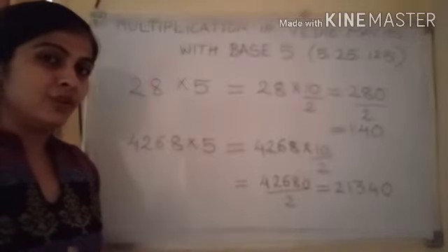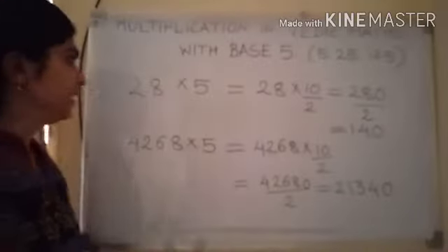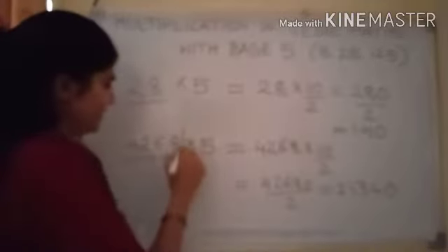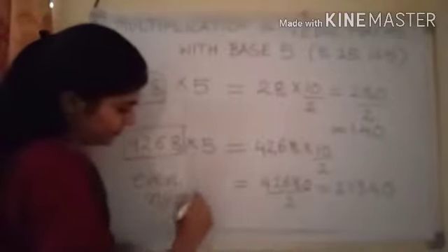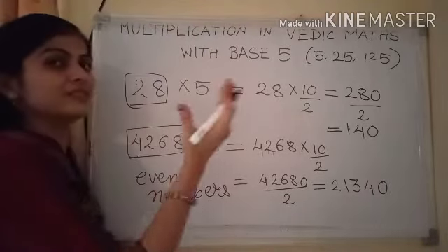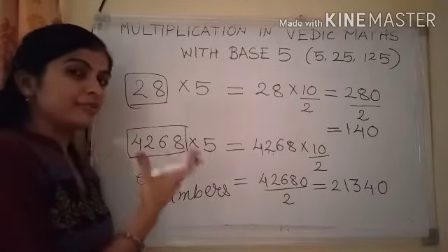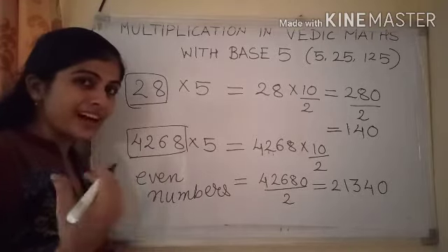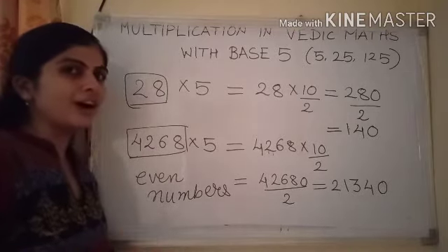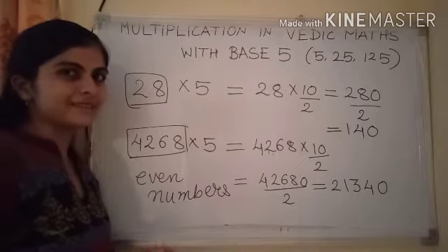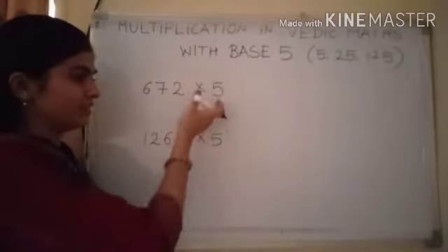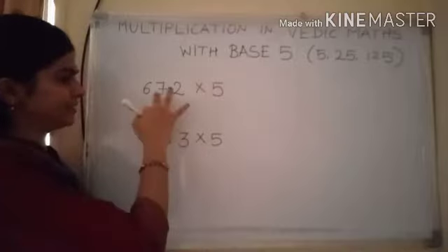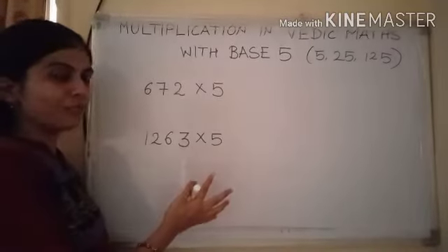Now you might have a question in your mind. I have considered only even numbers, which can be divided by 2 very easily and faster. If numbers are odd in the combination, then how to do it? Let's discuss. In both these examples, you can see that there are odd and even combinations.